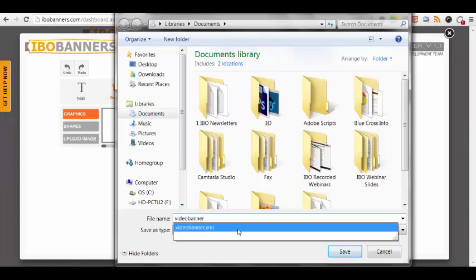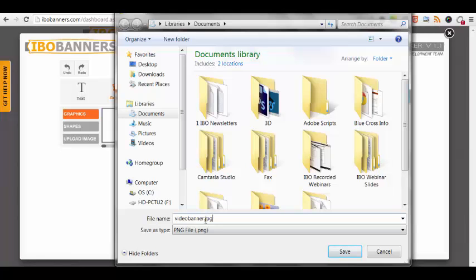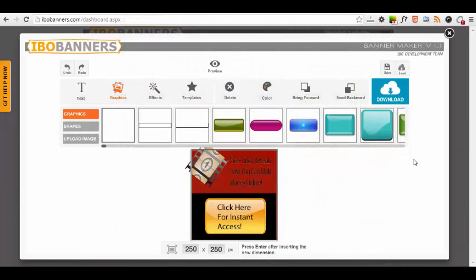But we need to give it a .jpg extension because this is a static banner. My computer defaults to a .png, so depending on how your computer's set up, you want to make sure that if this doesn't say .jpg, or if you were doing an animated banner, it would say .gif. So you want to make sure it's one of the two. So we'll go ahead and put the .jpg and click on Save. Now that we've saved it on our computer, we can upload it to our library